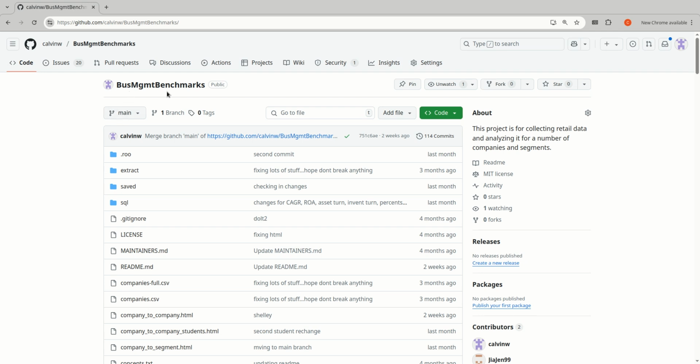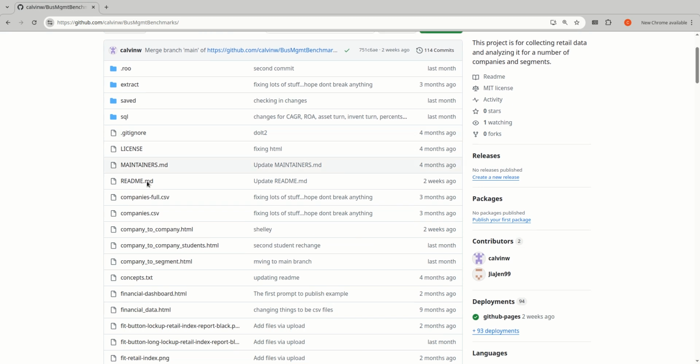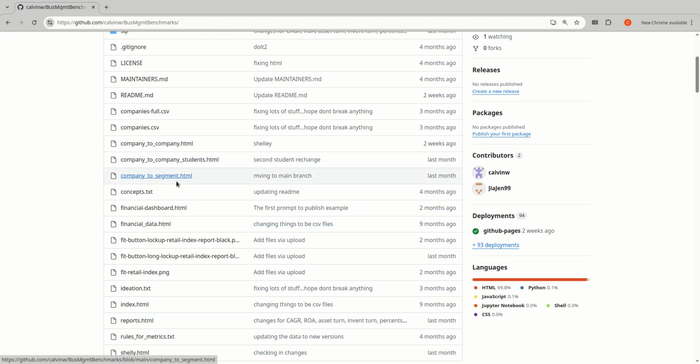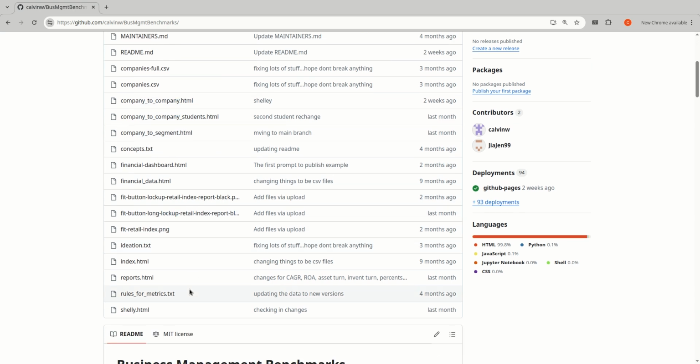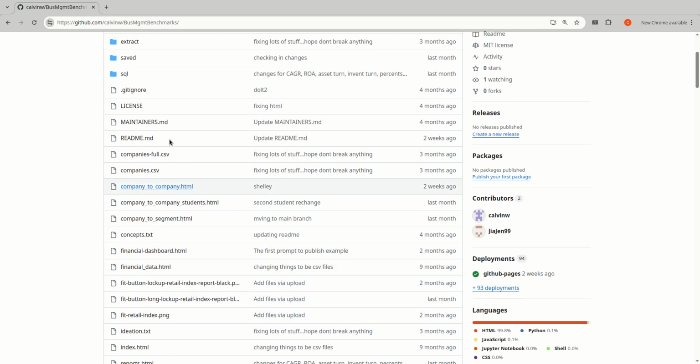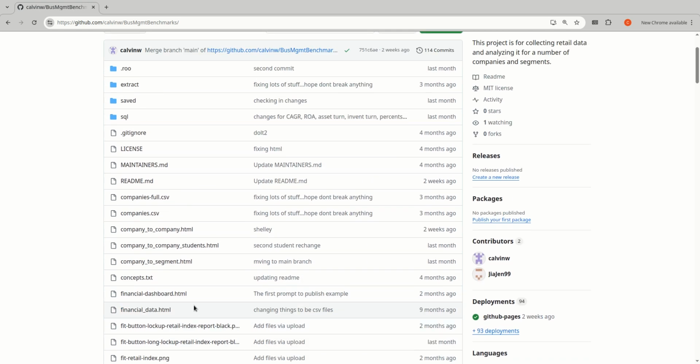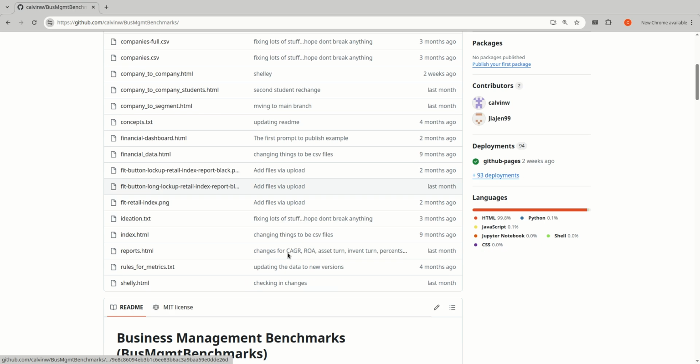It's just called Business Management Benchmarks is the name of the project, and everybody just calls it a repo. This is an example of a GitHub repo. And in here are various documents, including the HTML pages that I'm going to show you in a little bit, that contain the web apps that we built to go with this project. And then there's a bunch of other kind of documentation here as well too, related to the databases underneath, and then some other stuff as well. Okay, so